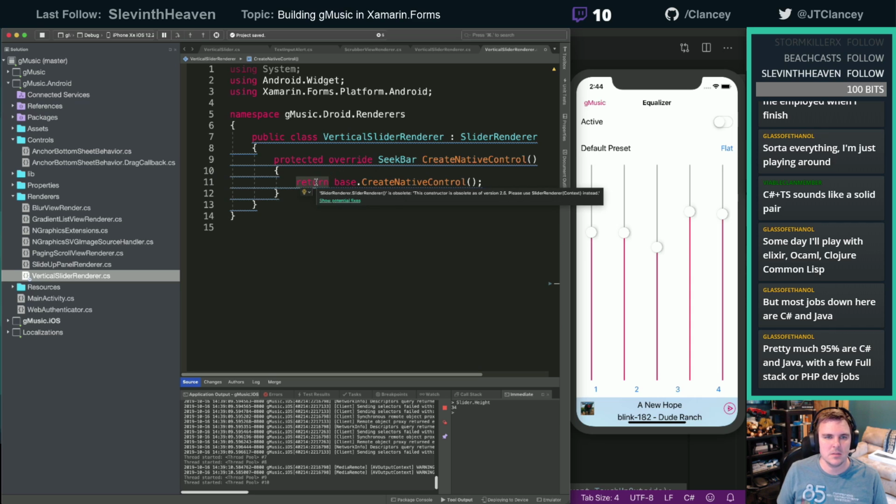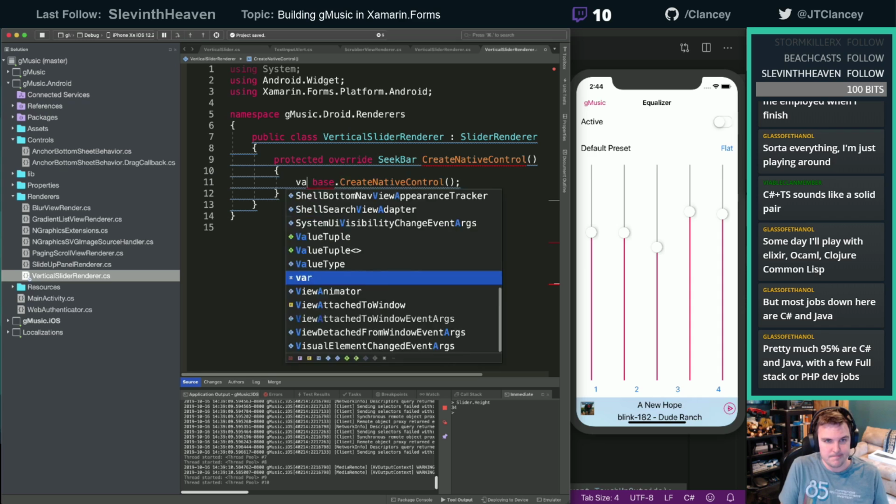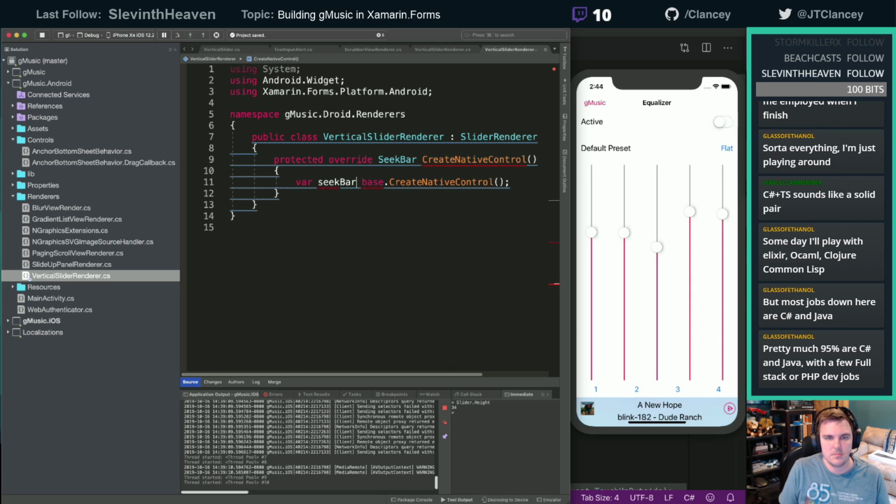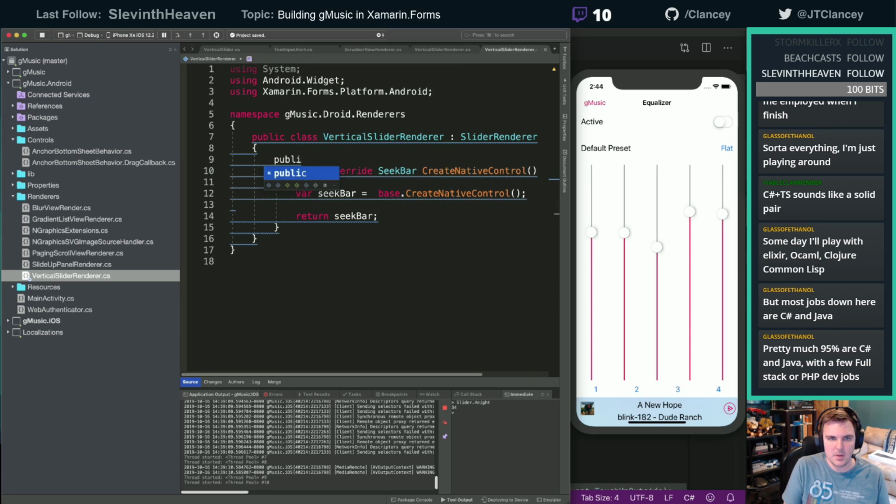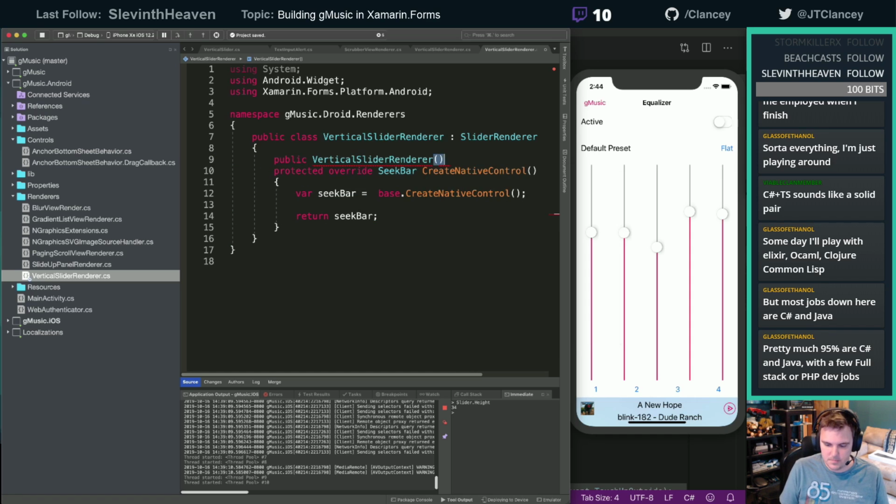All right. We might be able to just do this the same way. Oh, this is complaining that I need the public vertical slider.